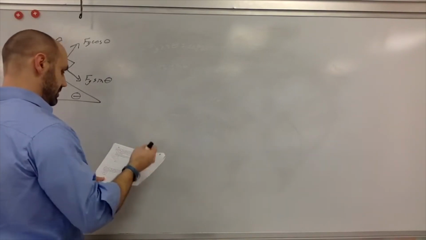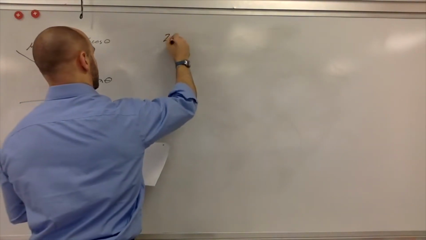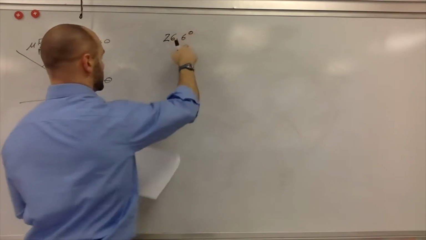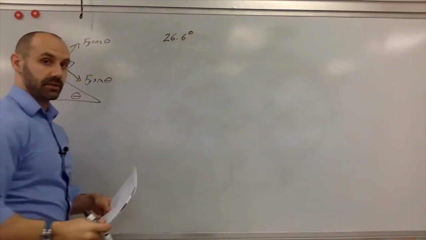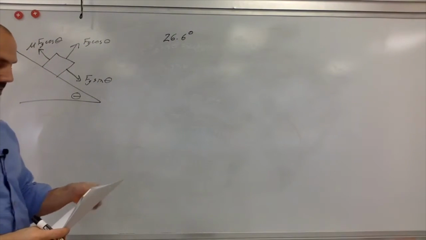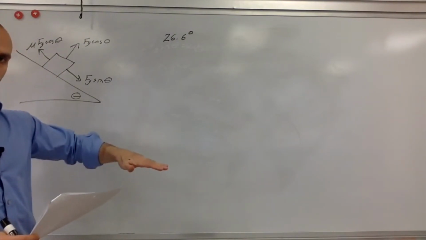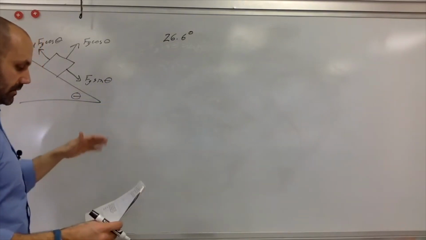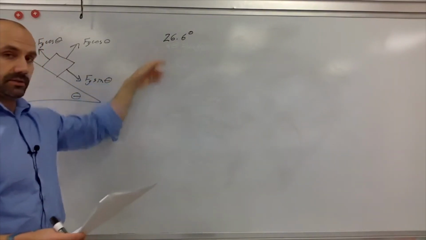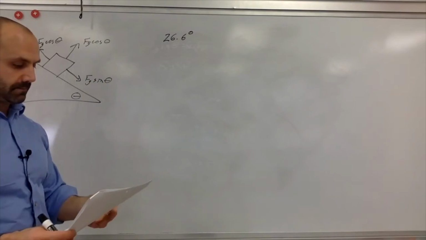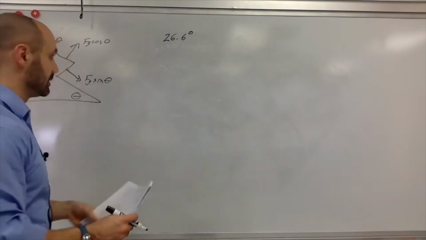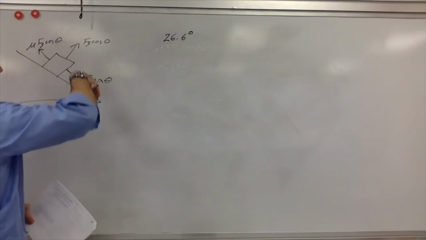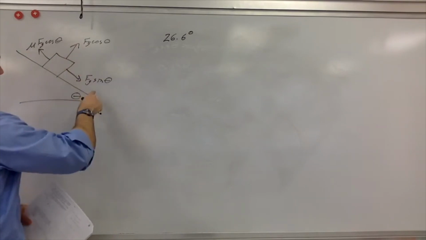That means that if it's less than 26.6 degrees, it won't be sliding. So for A and B, not moving. We incline it to 10 degrees, it hasn't gotten past this yet. Incline it to 20 degrees, still hasn't gotten past this, so not moving. A and B, not moving. C is 30 degrees. Once it's at 30 degrees, now it has broken maximum static friction, and now I have